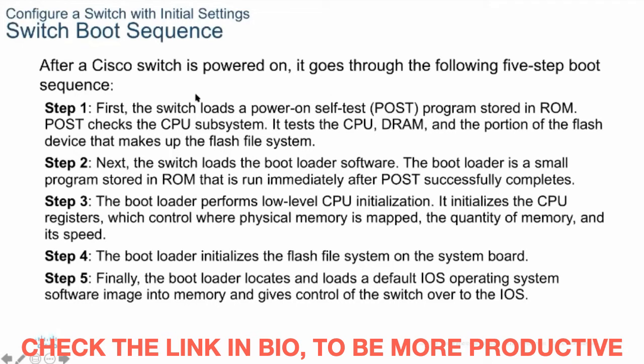So the very first step is that it performs the power-on self test, or POST. It's a program that's stored on the ROM. A ROM is a memory which is always there. So the POST program is written on the ROM memory. When you power on a switch, the first thing that it does is load this POST program. And what does this do? It ensures that all the available network interfaces and the associated hardware, like the CPU registers, the RAM, and the flash, are all in place and all are in correct